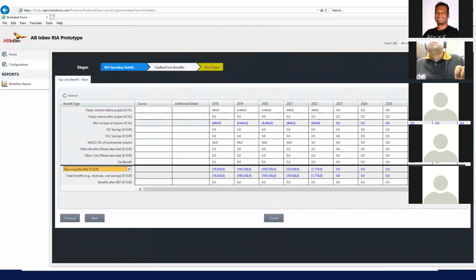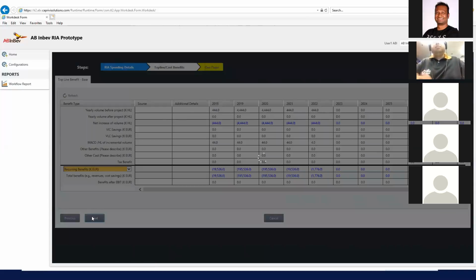Because, as we said before, your RIA and your budget will be at the same rate, it does eliminate some of the problems I just mentioned. Okay, so you're right. We can enter the RIA in any currency. It sounds like you want to do that, and then we press next, and